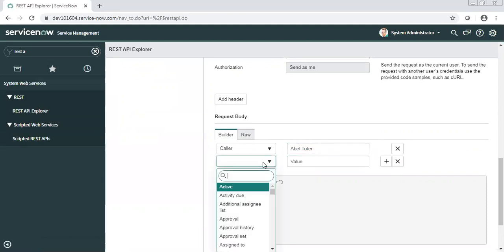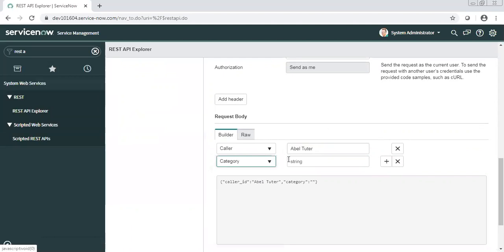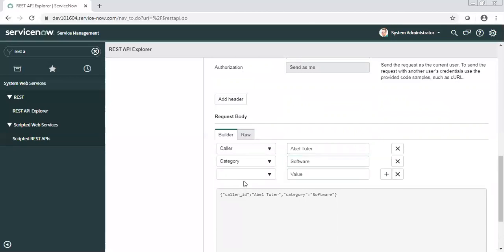Now let's say I want category as software. So these are all just test things, but real incidents will be created from that tool. We are trying to test our API with some fixed values, but when real-time incidents are created, these values will be dynamic. So when that third party tool configures the outbound, because they need to consume our API, at that time they will pass these values dynamically.